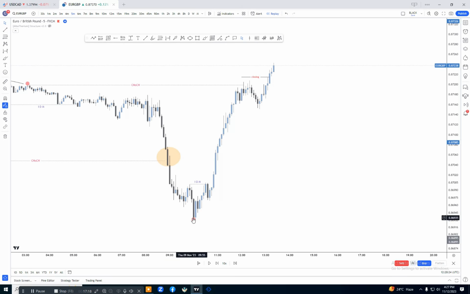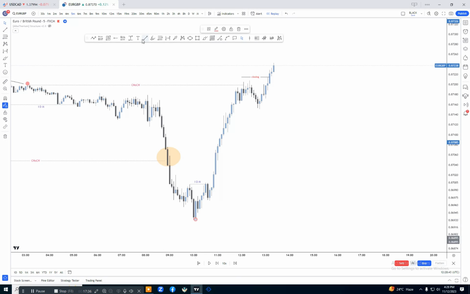Here was our lower low, because this was our lowest candle in this whole single leg move. This is the lowest point, so that will act like a lower low. Now we need to find our inducement to confirm our last high.